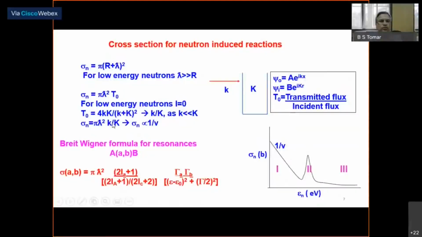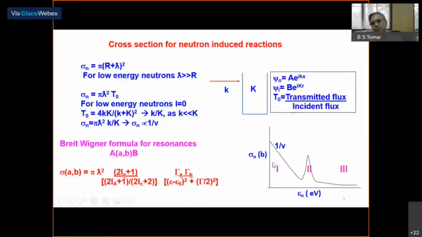So you can substitute in this equation sigma = n pi lambda-bar square, small k, capital K, and you can approximate this to 1 by V, where lambda is 1 by V, so lambda square is 1 by V square, and the K momentum outside is proportional to V, so 1 by V square into V is 1 by V. So this explains the 1 by V dependence of the cross section for neutron-induced reaction in the low energy region away